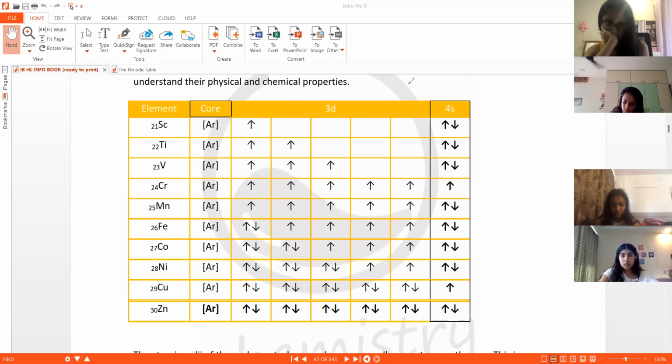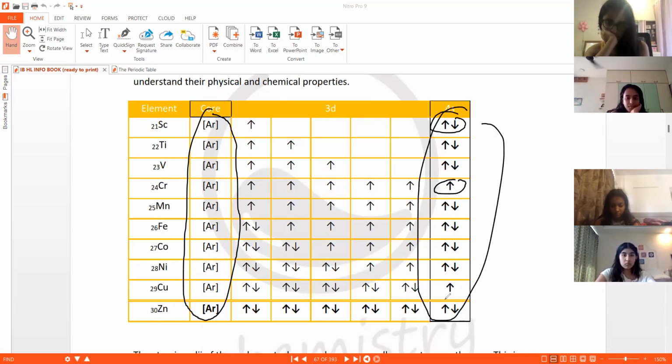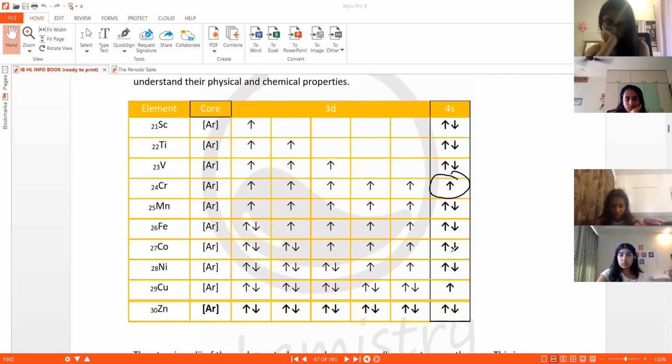You can notice that they all have argon as the reference, and then 4s2. All of them have 4s2 except for chromium and copper. I hope you remember the exception of chromium and copper, that these are the two which have 4s1. Otherwise, all the others will have 4s2. Because one electron from here is gone here. So one electron from copper also is gone here. So that's how chromium will attain a half-filled d orbital.